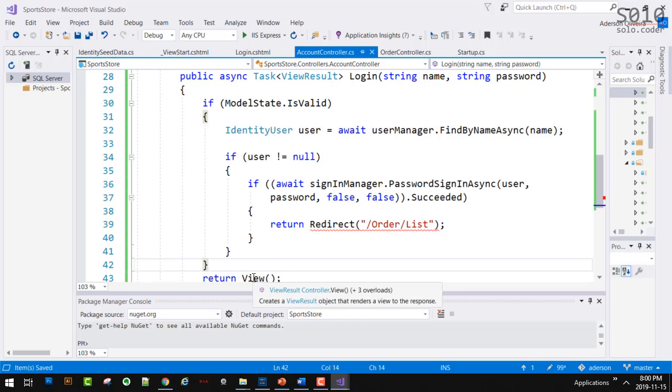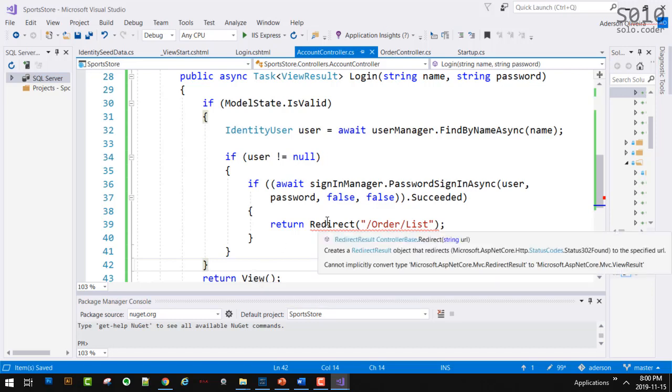View returns a view result, which matches the view result here. Redirect returns a redirect result, which does not match there. So we have view results on one side and redirect results on another side.